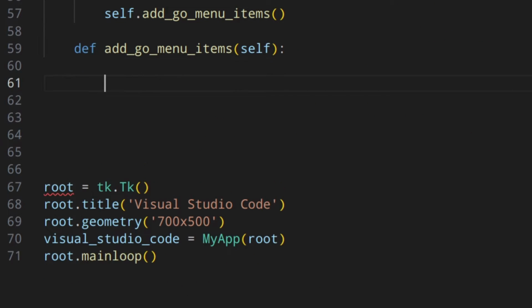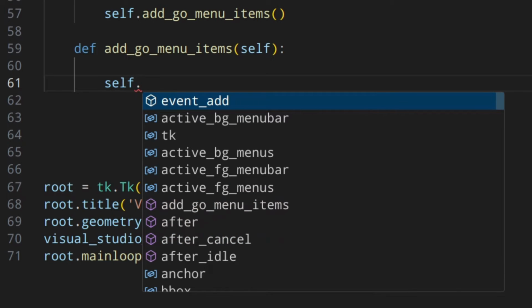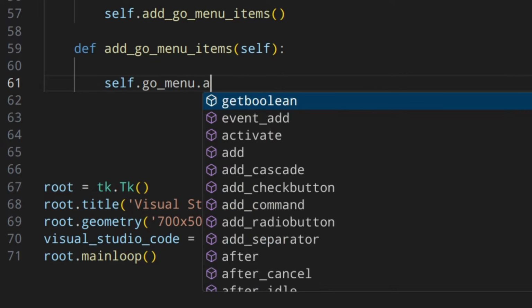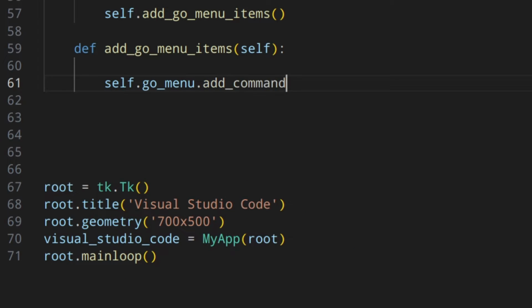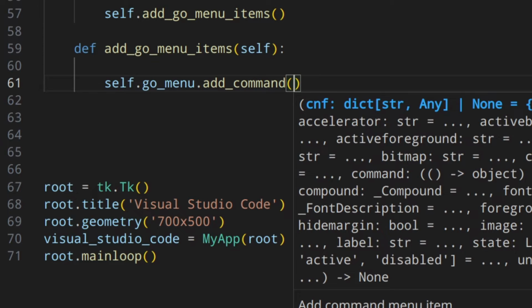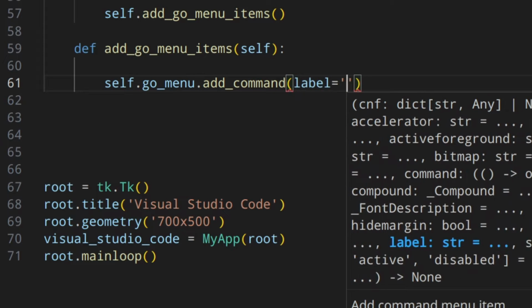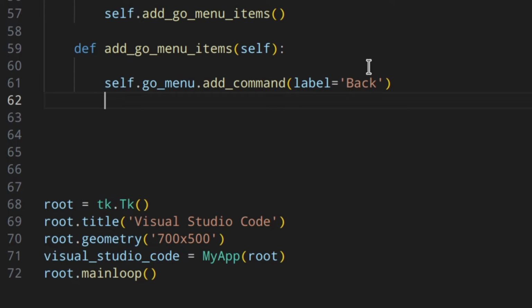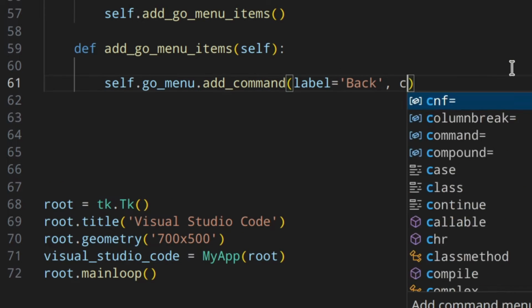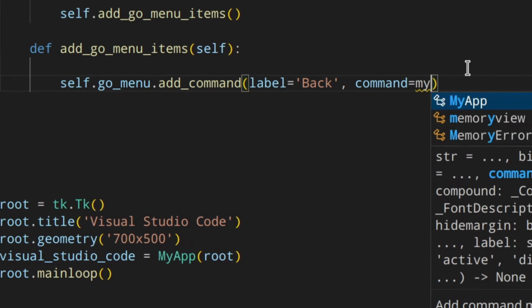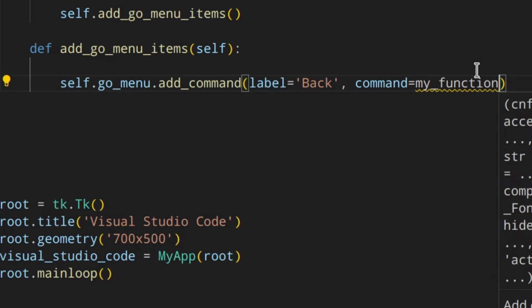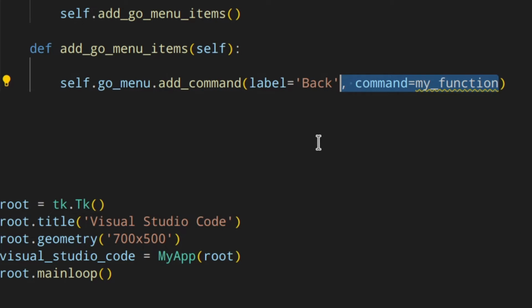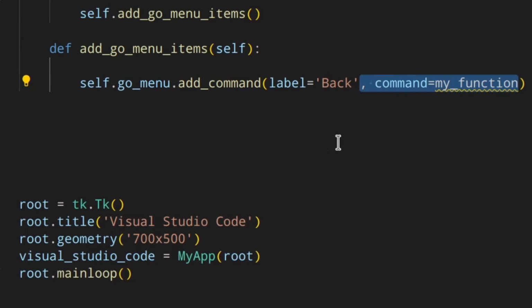So we can do something like self.go_menu.add_command, because in this case you don't have a submenu for the back. And here of course you need to add the command as we did earlier. So for example, here you could have command and then my function, something like that. Of course I don't have that, so I'm not going to actually write them, but for each button you should have a command.